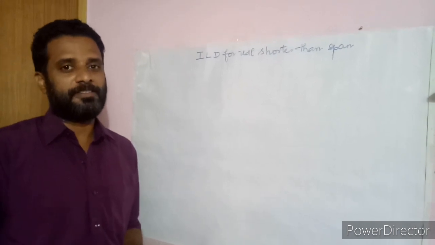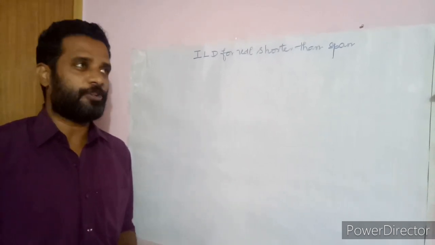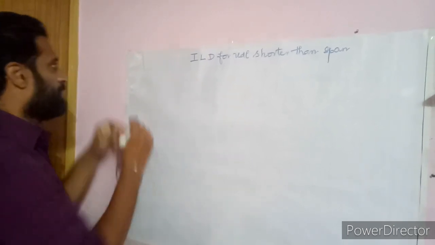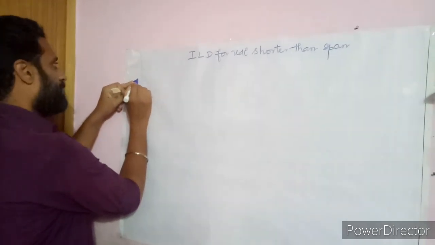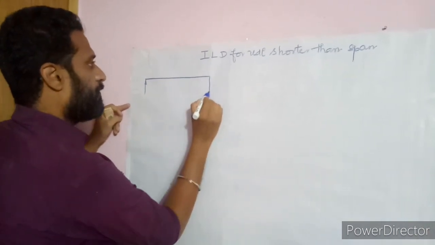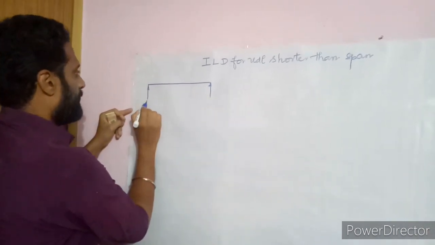Line diagram, the UDL which is shorter than span. Let me go to the class. So for determinate structures, here is a simply supported beam given of a span of 20 meters,